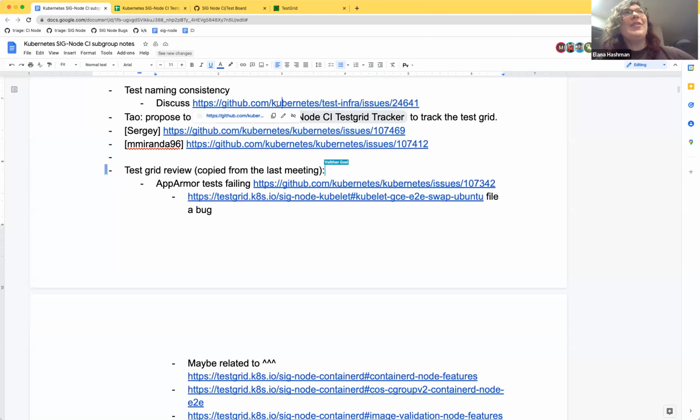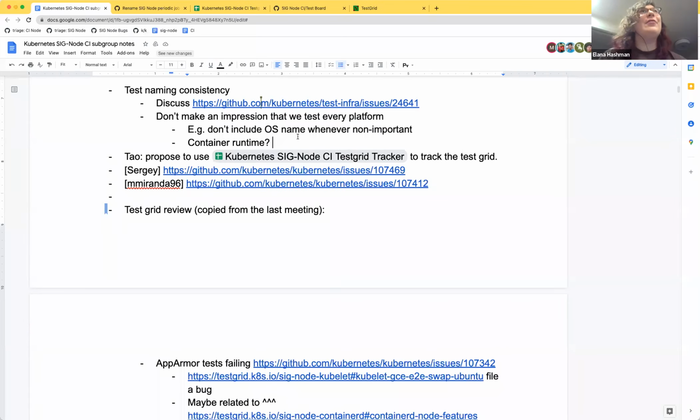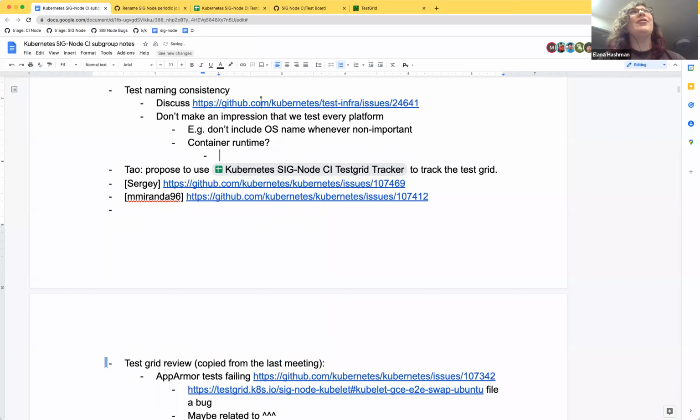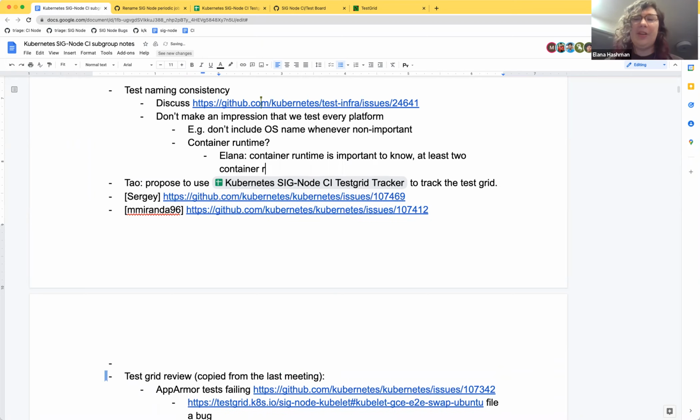We're only running tests on containerd for the majority of our coverage, and then CRI-O to ensure that we get systemd driver coverage. So our goal is not to test every single container runtime and every single platform. It's that we want at least two container runtimes. We want to ensure that the standard cgroup driver and the systemd cgroup driver both get tested, and we're splitting that across containerd and CRI-O right now.